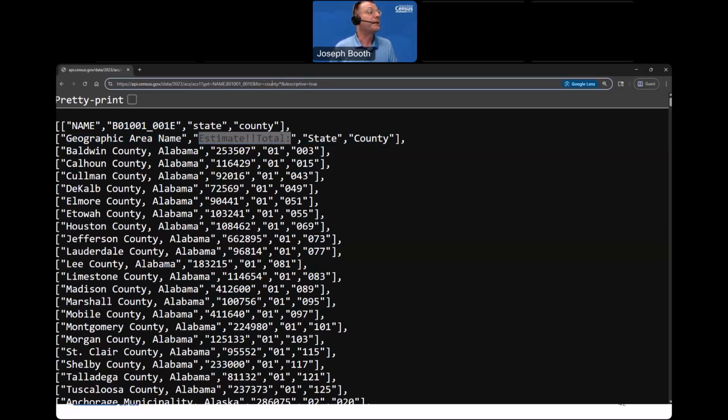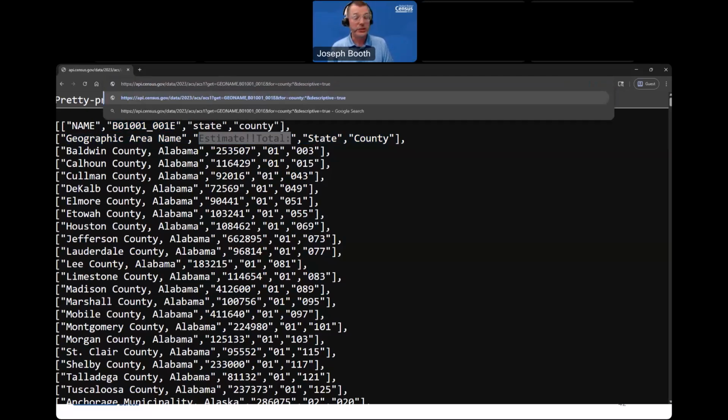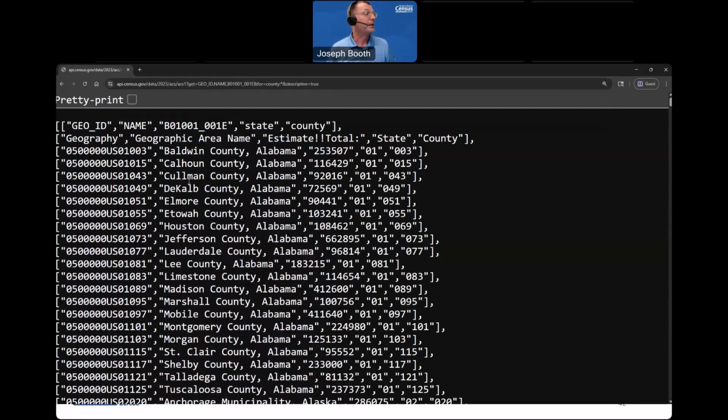I'm also going to do one other thing while we're here. I'm going to add in the get section. So in the get function section, you can add geo_id and then a comma, and I'm going to hit return on this, and you're going to see this change. Now I have a column that provides what is called the UCGID. This is the Uniform Census Geographic Identifier.